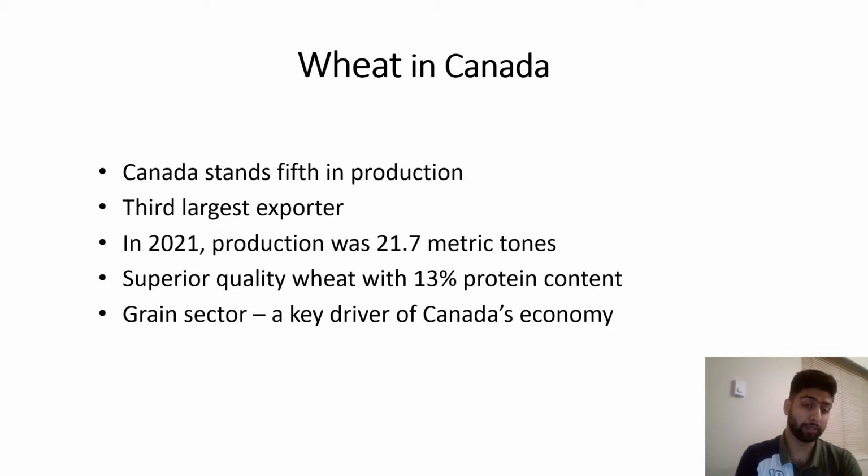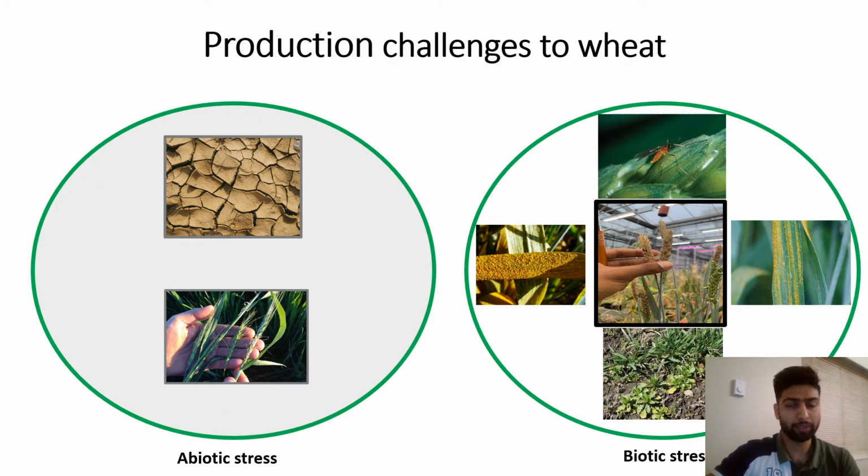Canada is, of course, a developed nation, and the noteworthy thing here is that the grain sector is a key driver of Canada's economic growth. There are many production challenges to wheat, talking about the abiotic, drought, and frost damage here. These two are the main. And if you're talking of the biotic stresses, we have insects, mainly the gall midge. Then you have